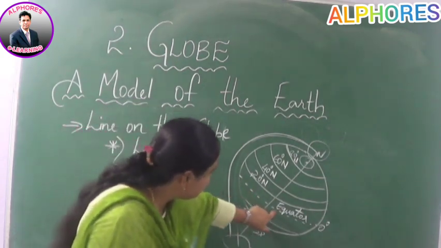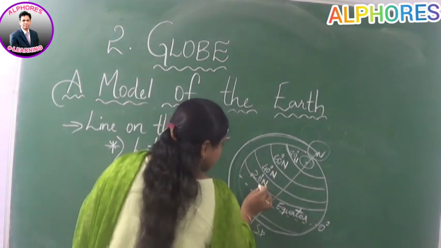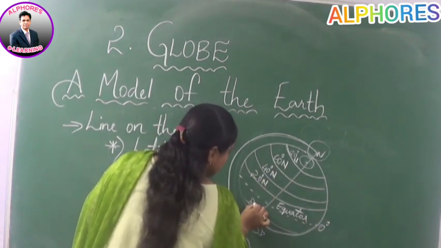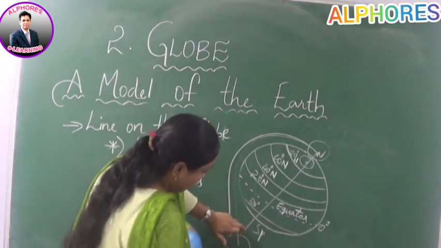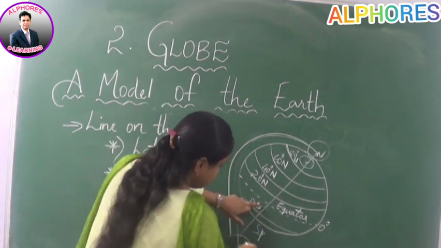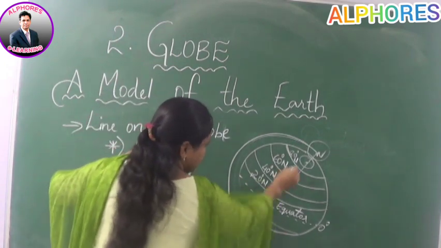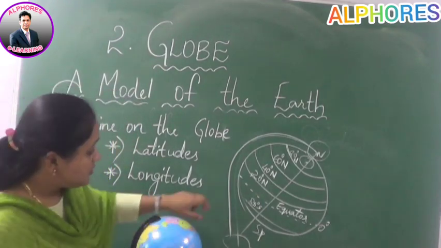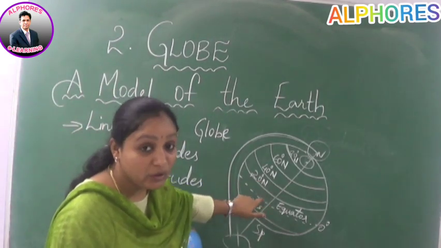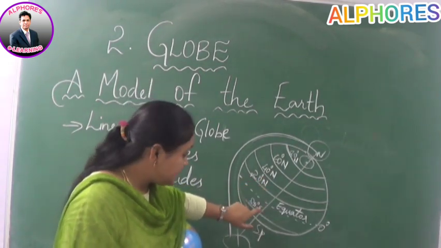Okay, as there is one more line down from this 0 degrees, this is 20 degrees. But what is this? This is the south pole. So as we are coming down, this is towards the direction south. We write 20 degrees south. The same goes on extending till the 80 degrees of the south pole. So you can see the difference between the north and south.